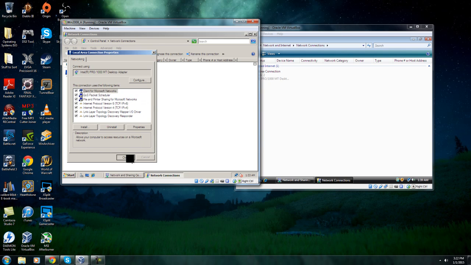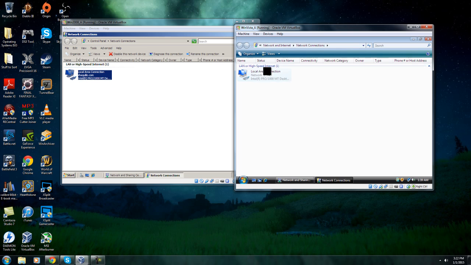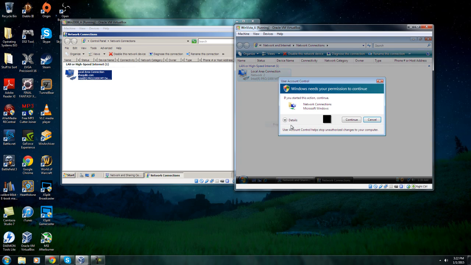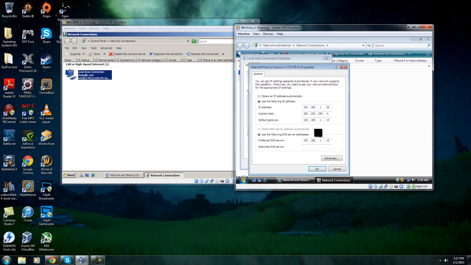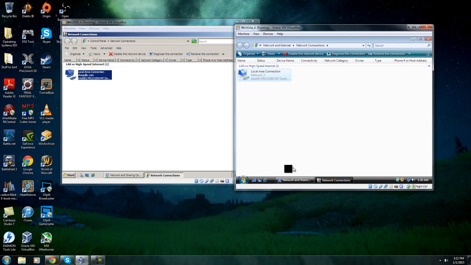close. Now we go to the Vista machine and do the exact same thing. Properties, continue. Internet Protocol version 4, properties. Enter an IP address. The subnet mask automatically appears, and for the default gateway and preferred DNS we enter the Server 2008 IP address. Alright, make sure everything is correct, and we select OK, close,